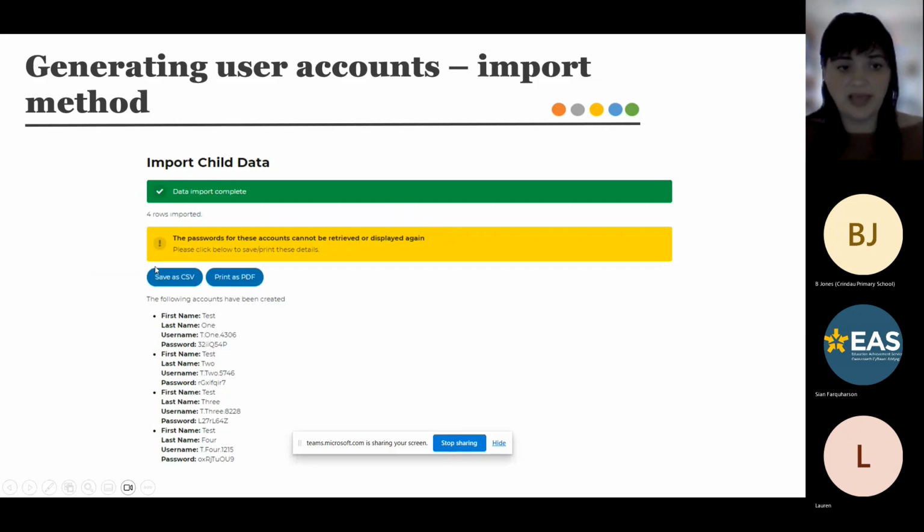And as I said, you can then save as CSV. You can do both, so you can get a PDF as well, but I would always recommend saving as a CSV because that gives you a working document that you can mail merge or move around. PDF is obviously a static document. Okay, so